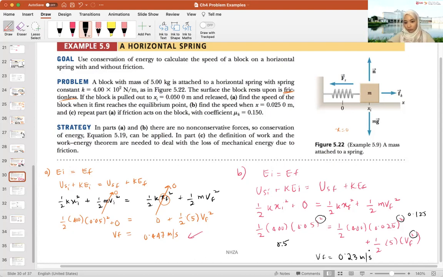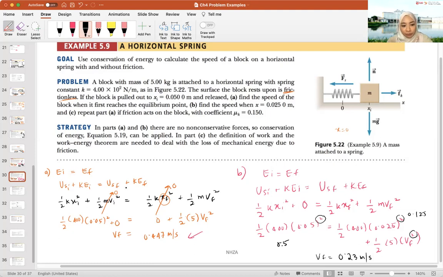Okay. So previously for the first part we don't have friction, so we had EI equals EF. For the spring system, we don't have mgh. We only have spring potential energy and also kinetic energy. So when we stretch it, the kinetic energy starts with 0. When we let go of it, the US is converted into KE and also US as it goes along